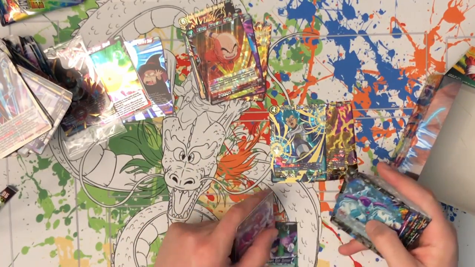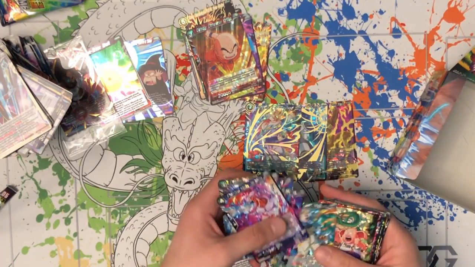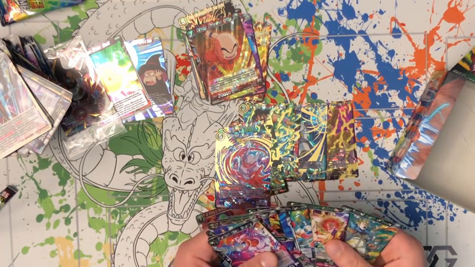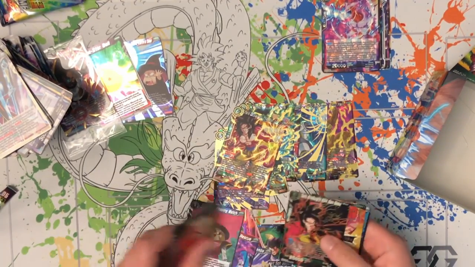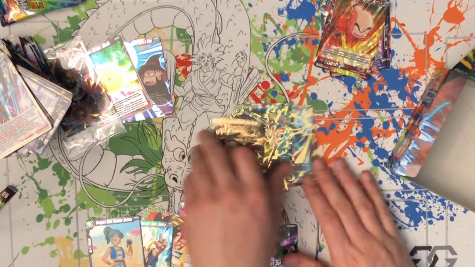So rare, I want to separate those out too. So foils, SR, foil, SR, SR. What else we got? SR. I think I got everything there. Got Deadly Defender, foil, SR, foil, SPR, foil, foil, foil. All right, so for our